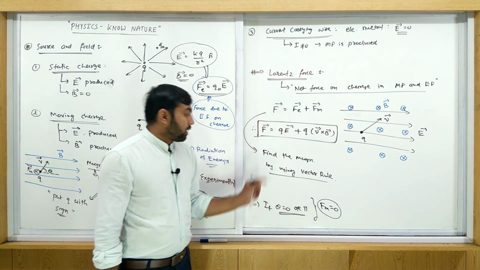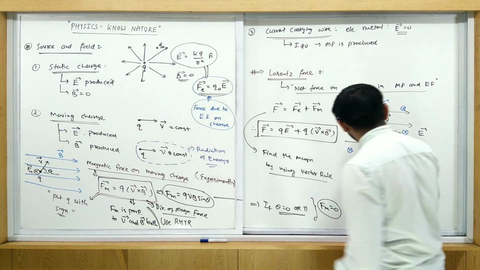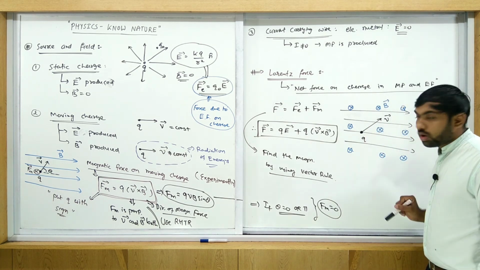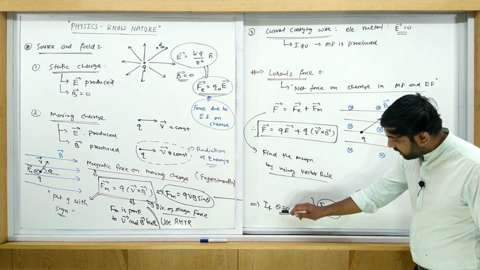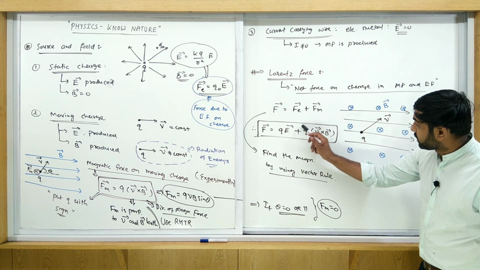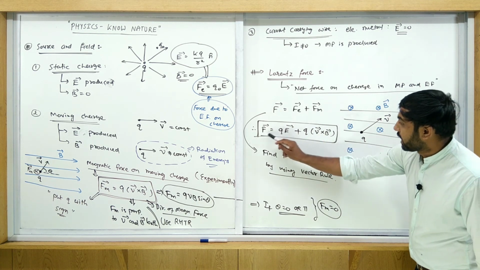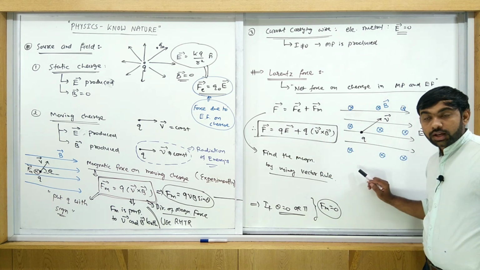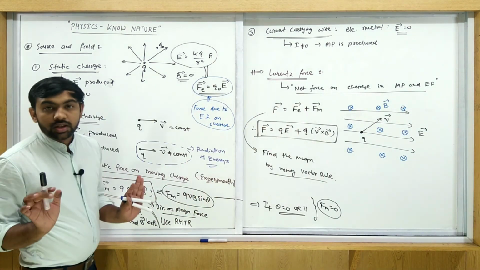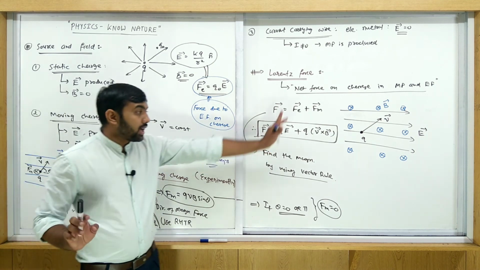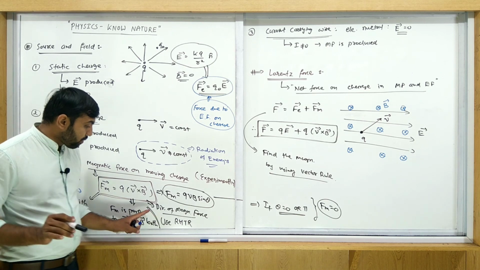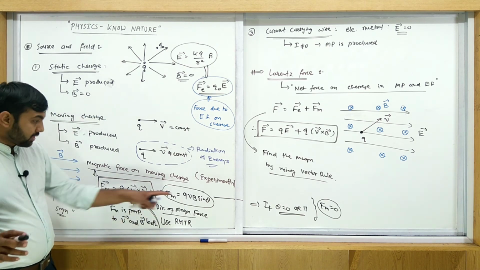Okay, if you consider this velocity is parallel to the field. अगर velocity field को parallel है या फिर anti parallel है, parallel means 0, anti parallel means pi, then the magnetic force is 0. So at that time you put this term equal to 0, only consider F is equal to QE. Okay, so by this way you just find the net force on the charge. ओके, एंड इक्वेशन आपको याद रखना है, काफ़ी टाइम हम इक्वेशन जो है यूज़ करने वाला है. ठीक है, और ये फोर्स मैक्सिमम कब होगा? व्हेन दिस फोर्स इज मैक्सिमम, व्हेन साइन थीटा इज मैक्सिमम.